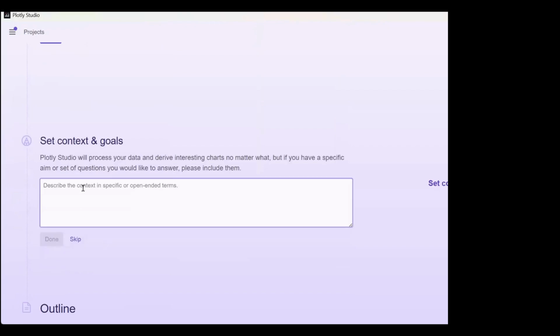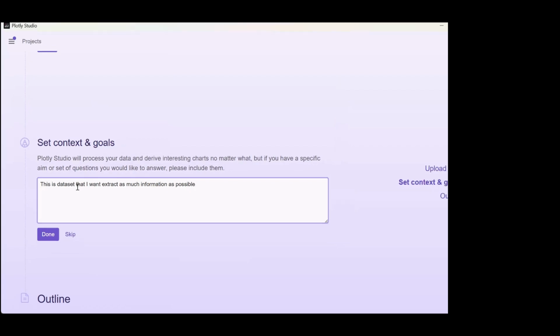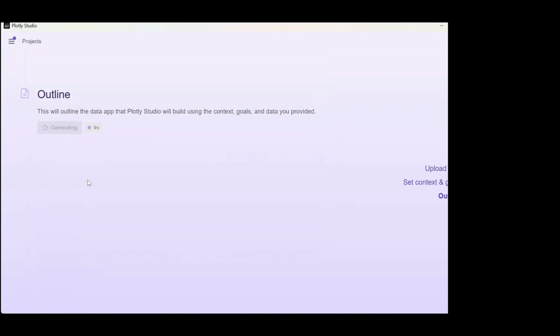Like all AI-based tools, like GPT, Claude, whatever, you describe the dataset, and there's a simple prompt. This is a dataset that I want to extract as much information as possible from. I'm keeping it simple to run it fast. That's it. And then it is going to analyze it, and then it is going to propose an outline to